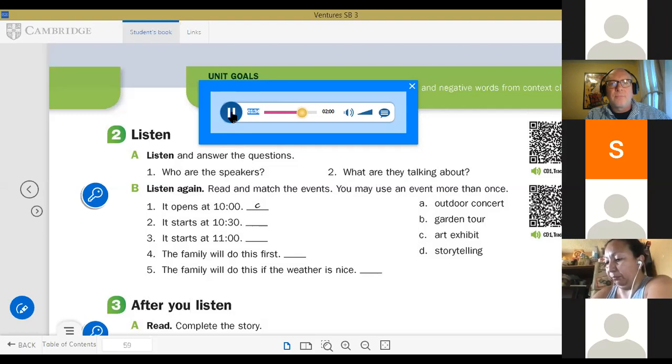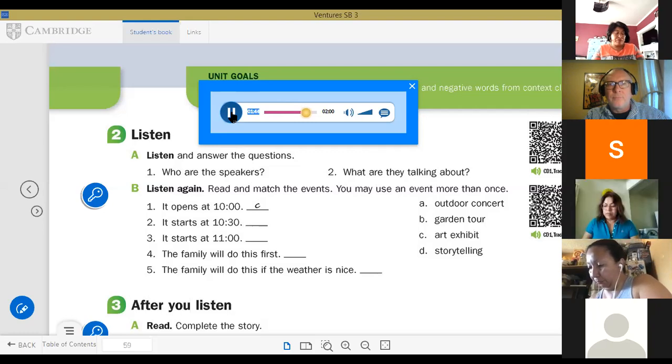Everything's happening on the same day at the same time. What do you want to do, Wen? Why don't we go to the library first? Okay. Then let's plan to go to the concert if the weather is nice. And then maybe later we can go to the art museum. Yeah, that sounds good. I'll check the weather forecast for the weekend. Then we can decide. Okay, so